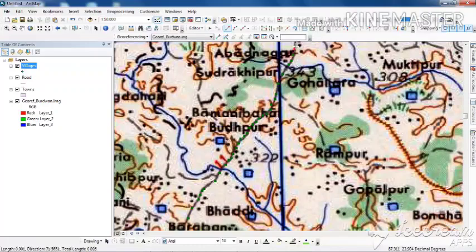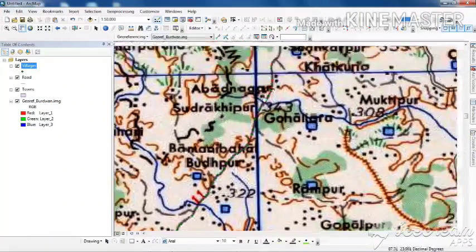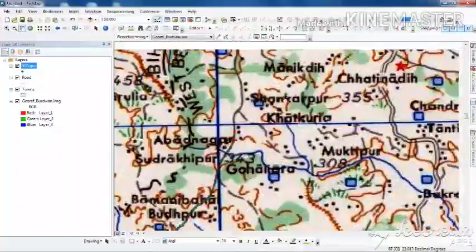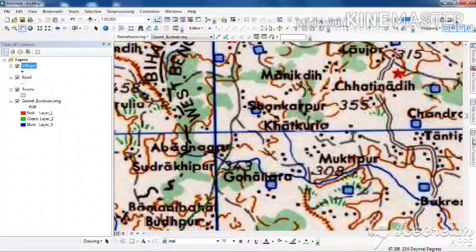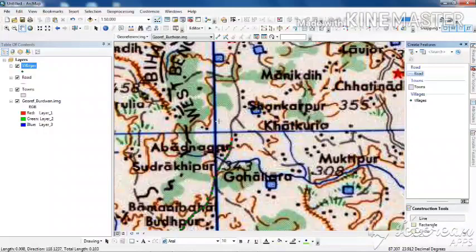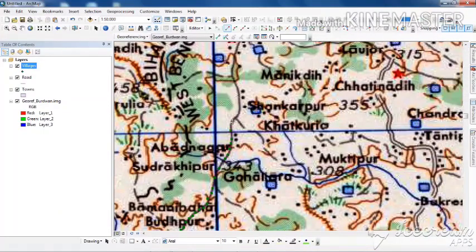You see I am digitizing in the fixed scale.